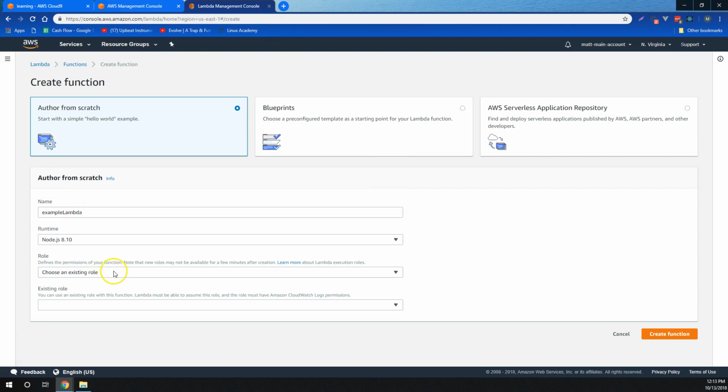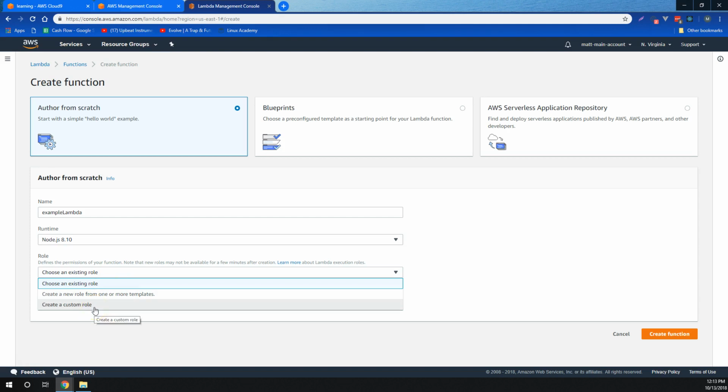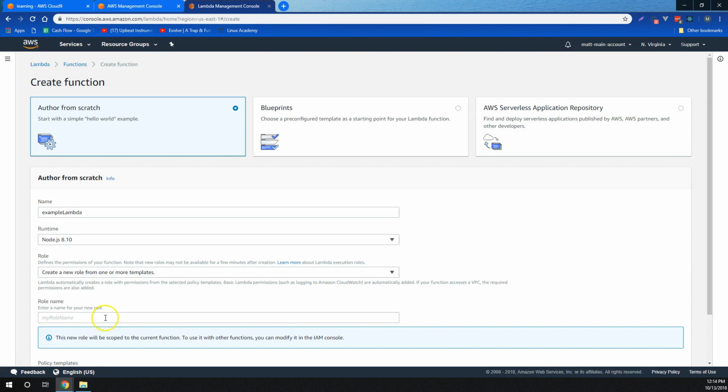For the role, you'll have a couple of options here, including choosing an existing role or creating a new role from one of our templates. You can also create a custom role, and if you have any roles that are service roles specifically for Lambda built, then they'll show up in this dropdown as well. For now, I'm just going to create a new role from templates,